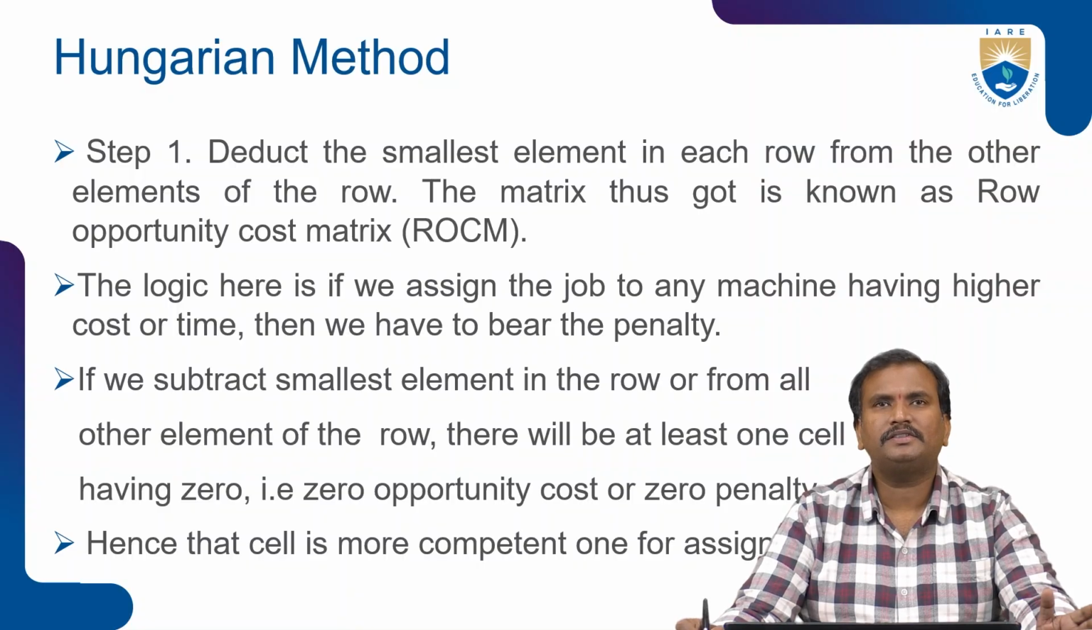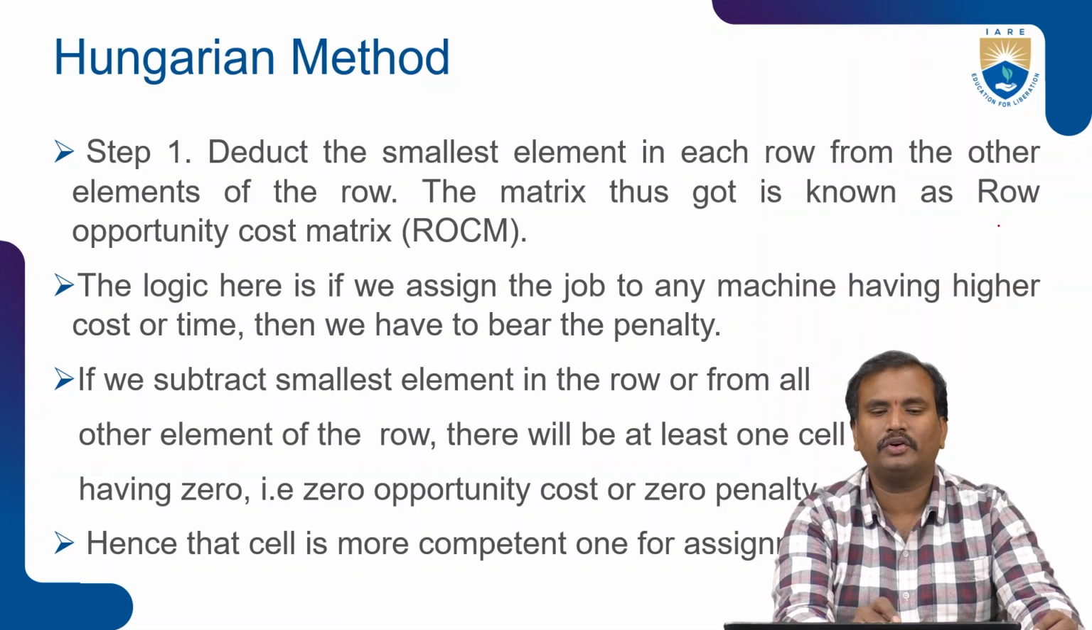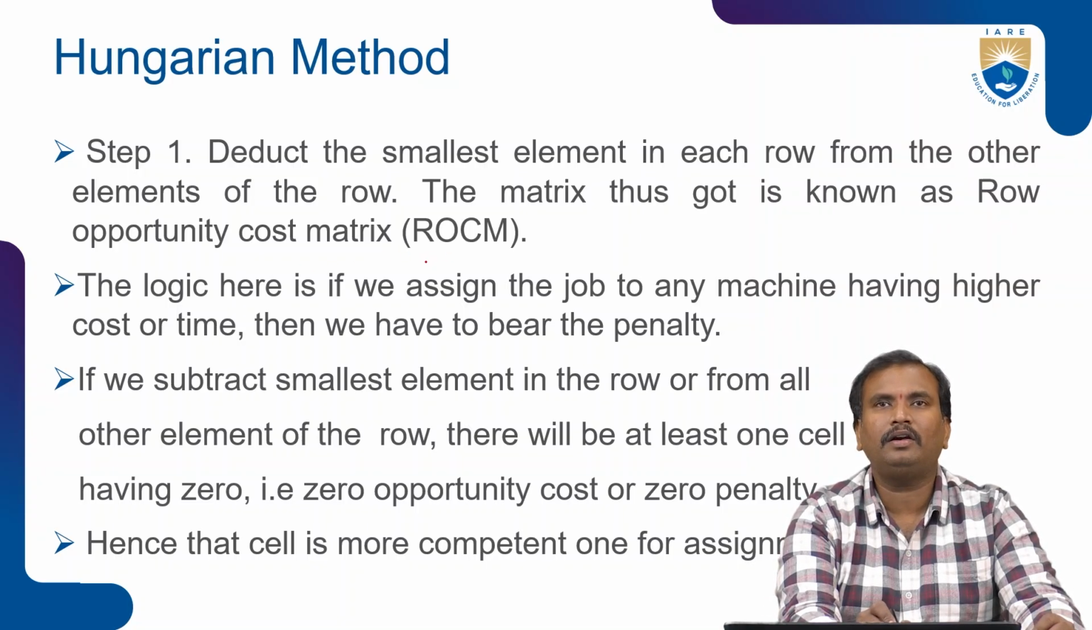The first step in the Hungarian method is to deduct the smallest element in each row from the other elements of the row. So deduct the smallest element in each row from the other elements of the row. The smallest element we need to take out, and we have to deduct that element from the other elements of that particular row. The matrix thus obtained is known as the row opportunity cost matrix, that is ROCM, row opportunity